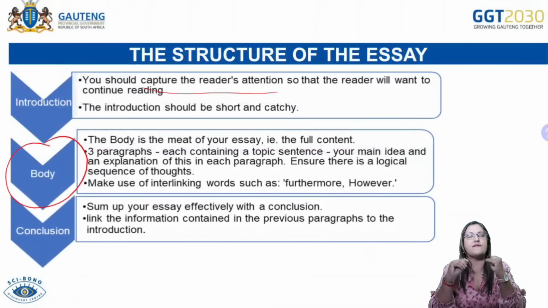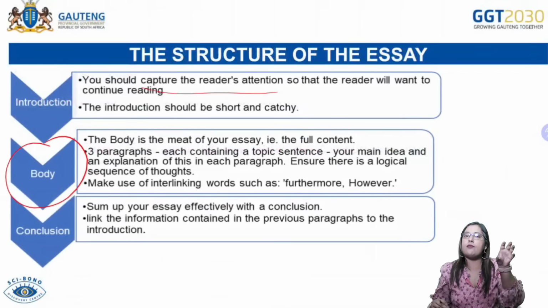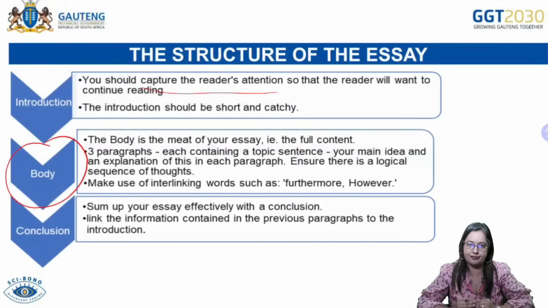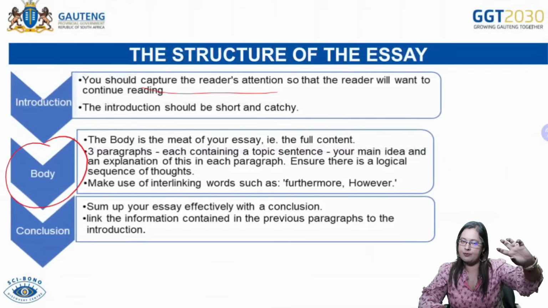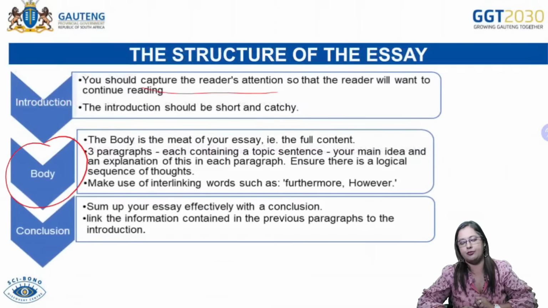Each of those paragraphs must have your topic sentence, Grade 12. The topic sentence is basically the main idea of each paragraph, okay? Around that main idea, you will have another maybe 2 or 3 sub-ideas that add more flavor to the first idea. So ensure that it is a logical flow of the main idea in the first paragraph and your mini ideas, and then the next one, and you carry on like that in 3, 4, and 5.